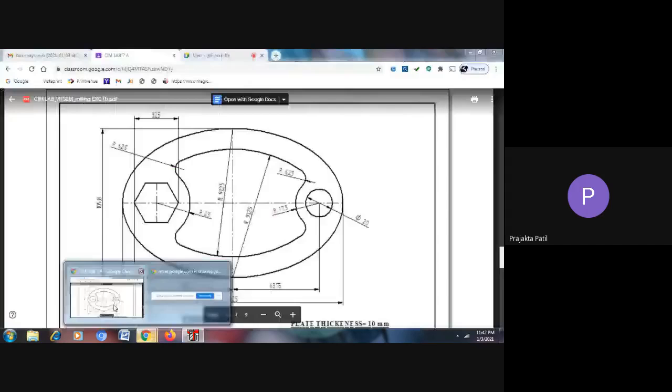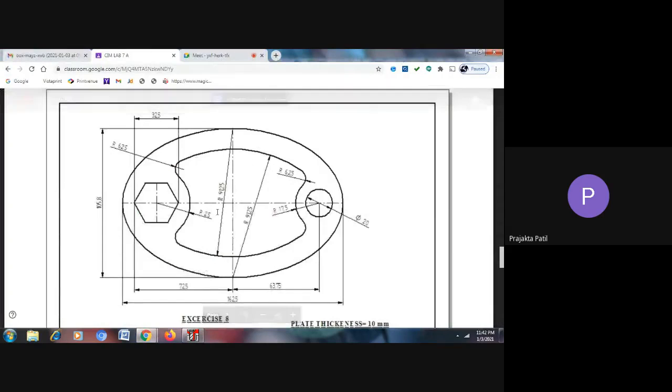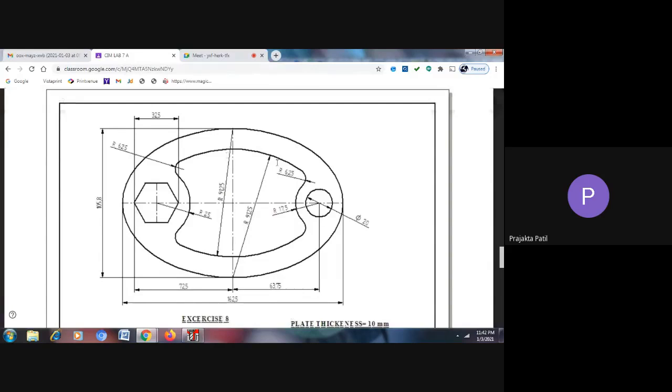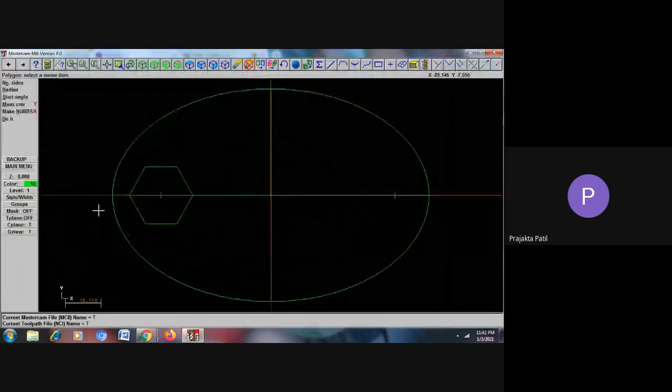Next, I have to now construct this part. This particular part is made up of arcs. You see the number of arcs, 1, 2, 3, 4, and then there is a fillet with 6.25 as the fillet radius. So let me first construct this arc. This arc has a radius of 91.25 mm, and this end is the center of that arc. So I will now construct that arc first.